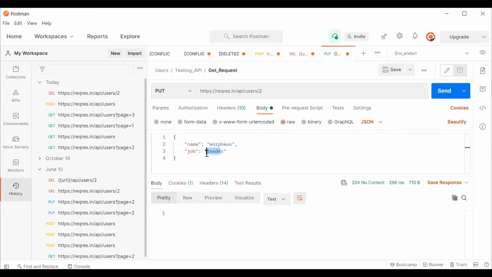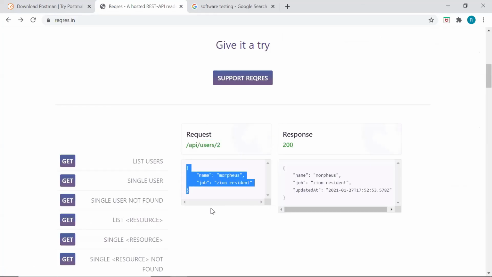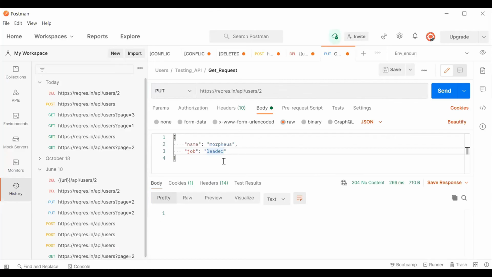Here I will change the name, or you can change job here also, or you can copy it from there. It's totally your choice. You can copy it from here, although it's just the job is changed. So you can do it manually as well as you can, if you want, you can copy it and paste it. So here, Control V. So this is my payload. Now see the job is different. You can guys play around with it like anything. You can write software tester also.